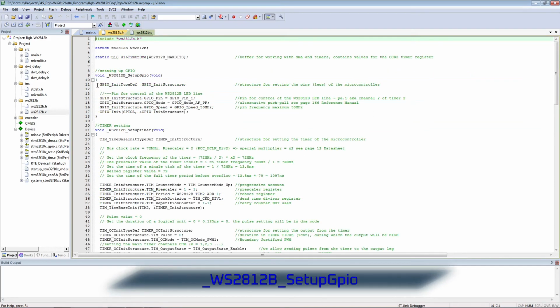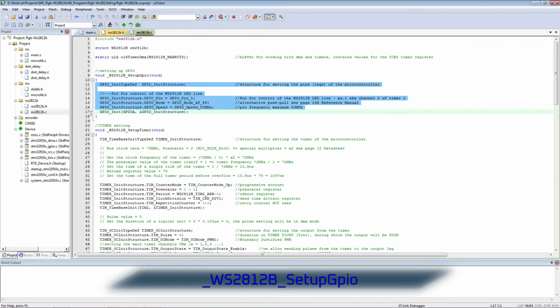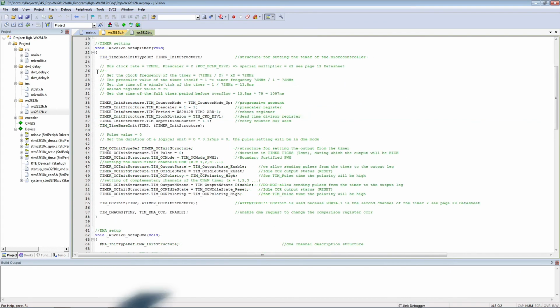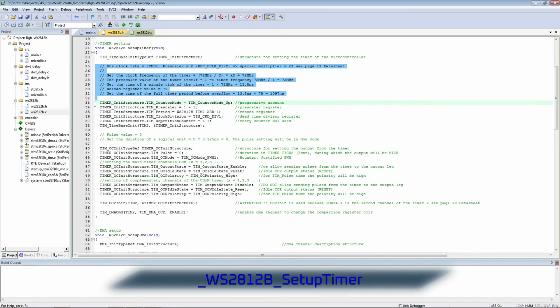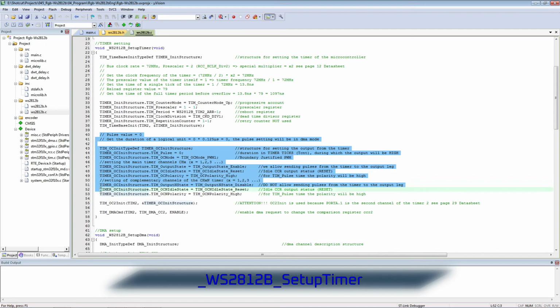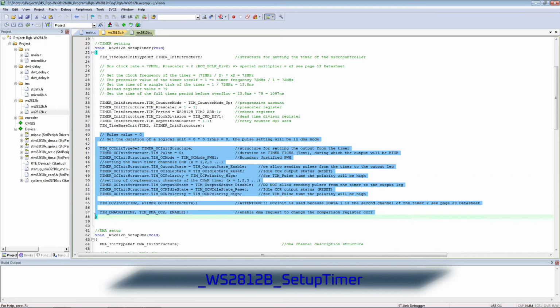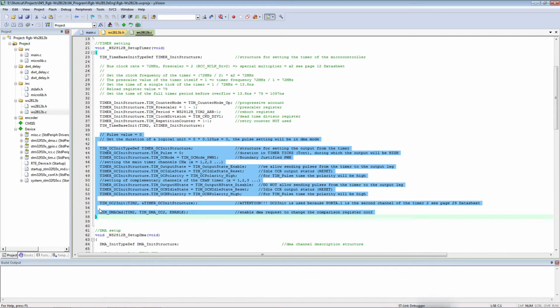The output of channel 2 of timer 2, configured in the alternate push-pull mode, is used as a control pin. Timer 2 is configured with a unity divider and PWM operation. Due to the short durations, all work on changing the PWM duty cycle goes through the DMA.